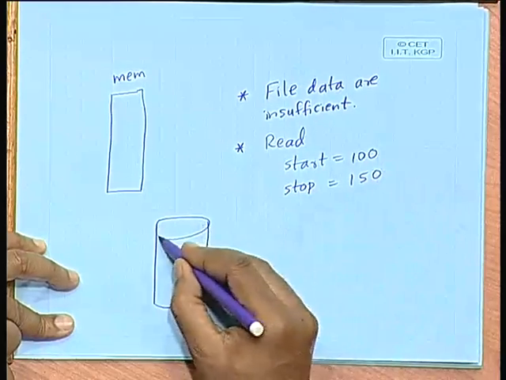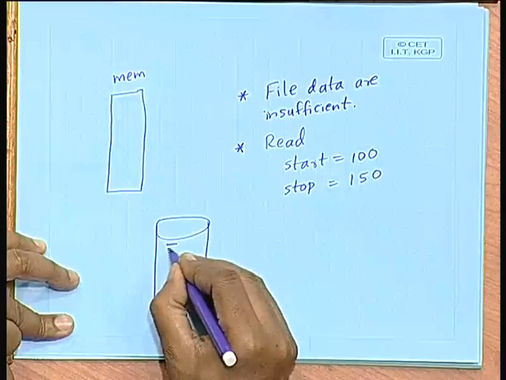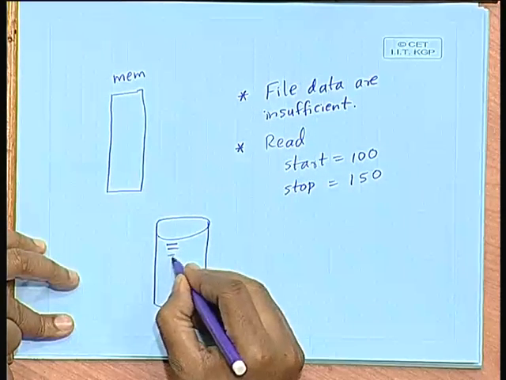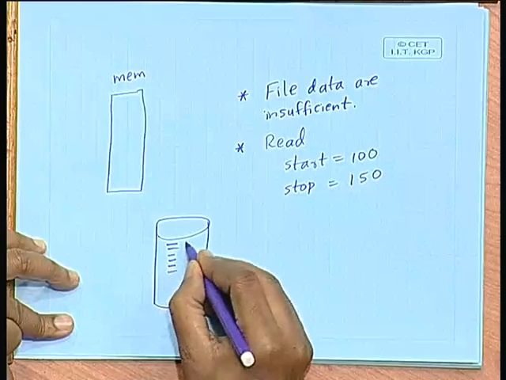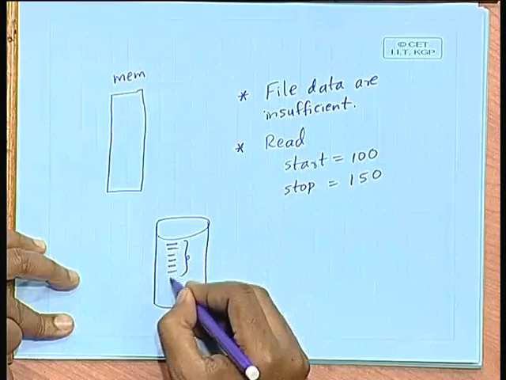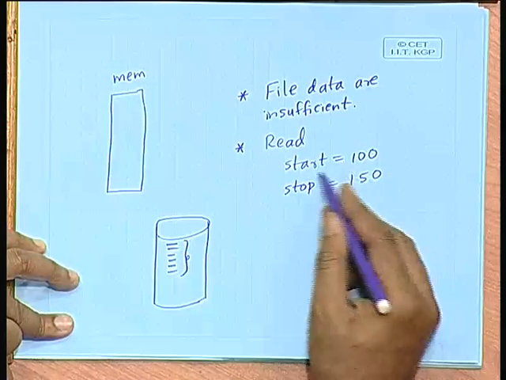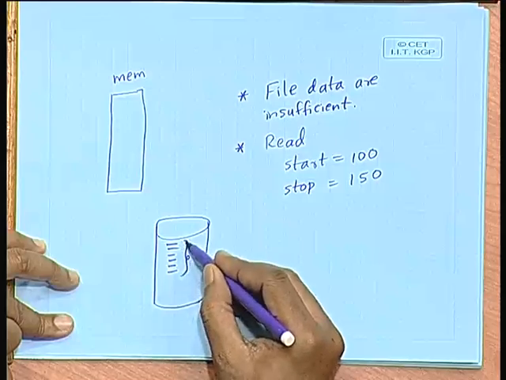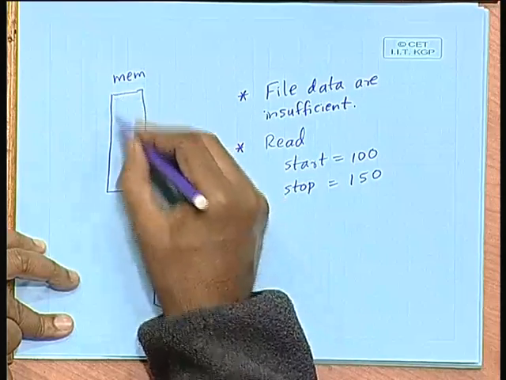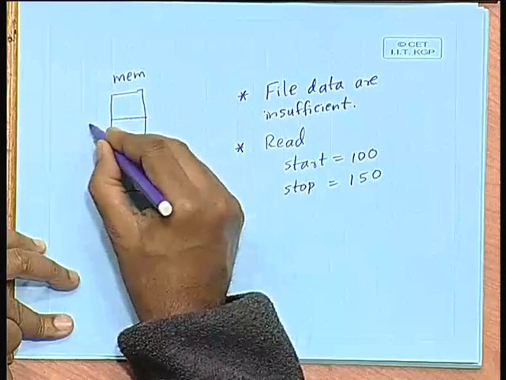Now, in the disk you will be reading from the beginning only, not from offset 100, but you will be reading the first 51 words or numbers, whatever size you have defined them to be, and you will be loading them into this mem array starting from index 100